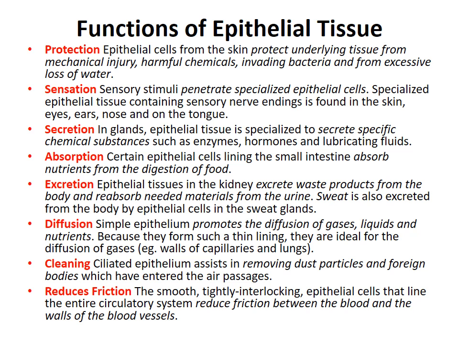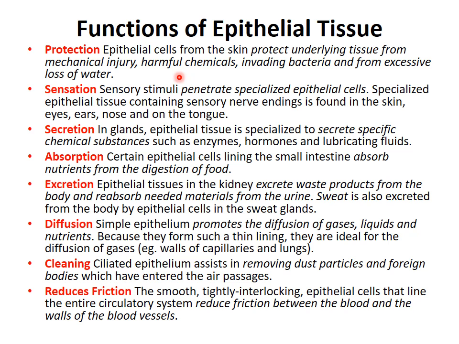Now, there are various functions of the epithelial tissue in general, and there are also the specialized functions of each epithelia according to their location in the body. So, epithelial tissue provides protection. Like the skin, it protects the underlying tissue from mechanical injury, harmful chemicals, UV radiation, invading bacteria, and excessive water loss. So the basic function of the skin is to protect the underlying tissues.